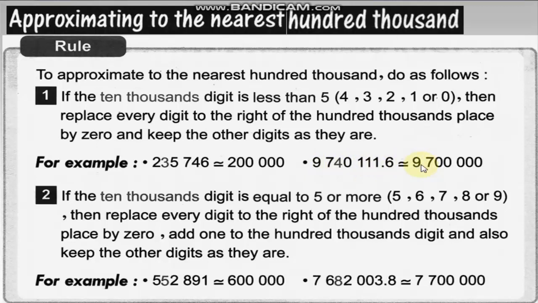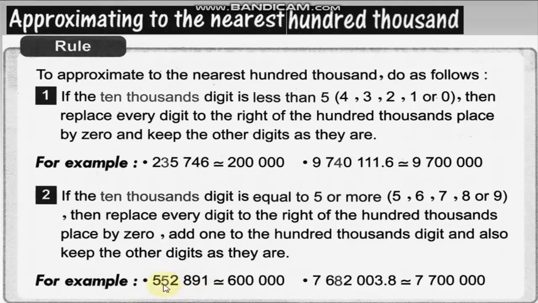9,700,000. Number 2. If the 10,000 digit is equal to 5 or more, like 5, 6, 7, 8 or 9, then replace every digit to the right of the 100,000 place by 0 and add 1 to the 100,000 digit and also keep the other digits as they are. For example,